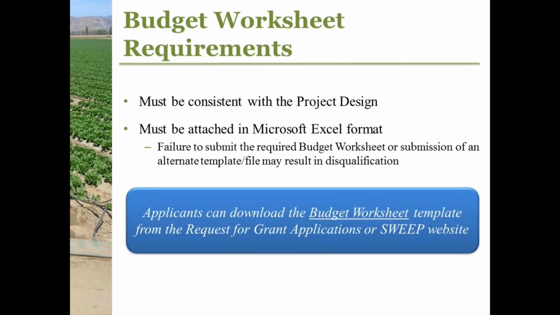On the budget worksheet, applicant organization and the project identification number are to be included at the top. The total grant funds is the amount that SWEEP grant fund applicants are requesting to cover the project cost. The total will automatically calculate once you input all of the budget category information: supplies, equipment, labor, and other costs. There is a section for total matching funds. This also will automatically calculate the total cash and in-kind contributions that applicants will contribute to the project. So the total grant funds plus any matching funds that you indicate